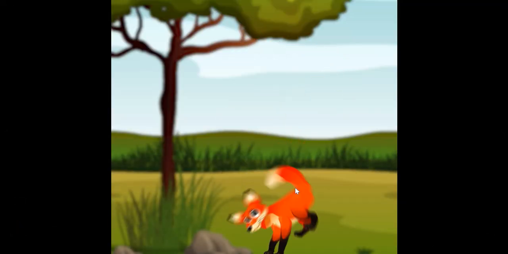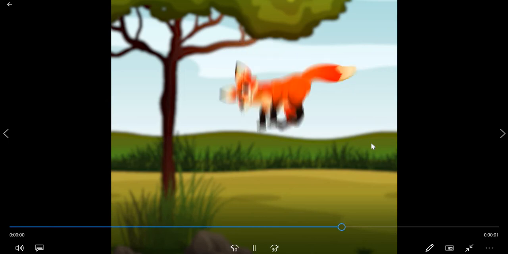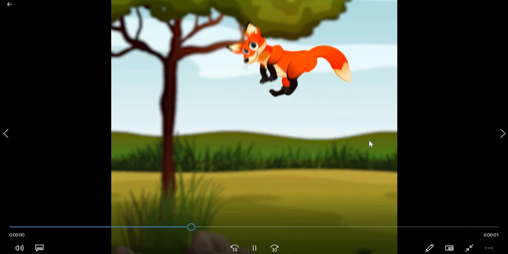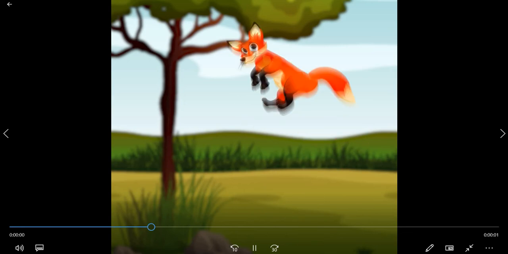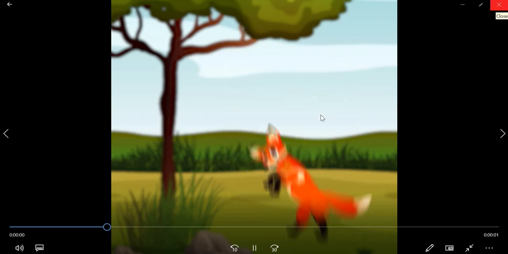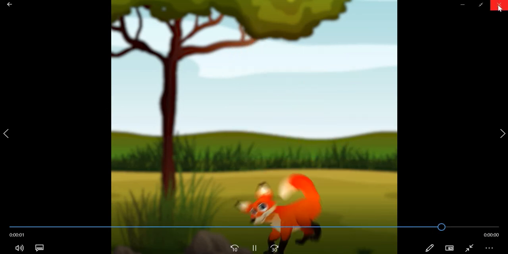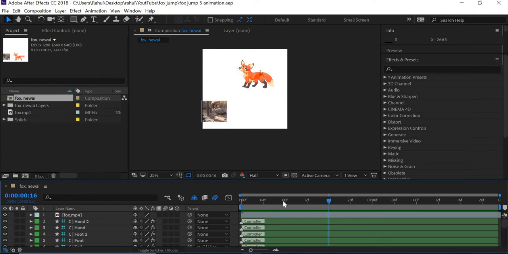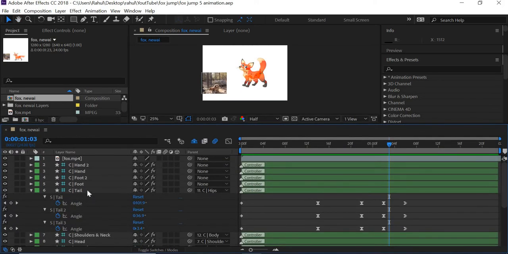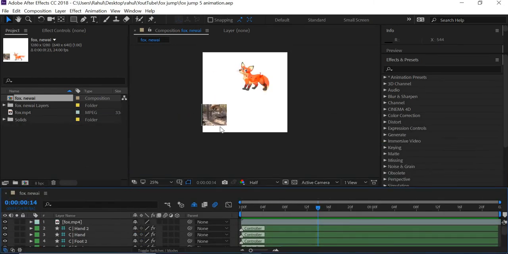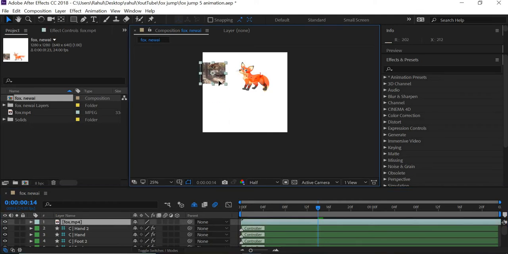Hello everyone, welcome back. We are working on creating this fox jump animation and we have finished working on the first part. So let us carry on with the animation and create these poses when the fox is jumping. So we got this part done so far. What we will do is we will work on the part where the fox is in the air and we will create